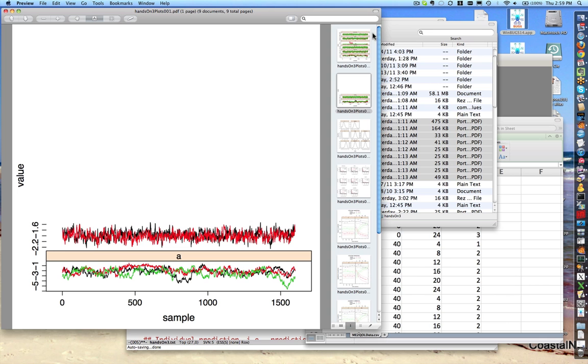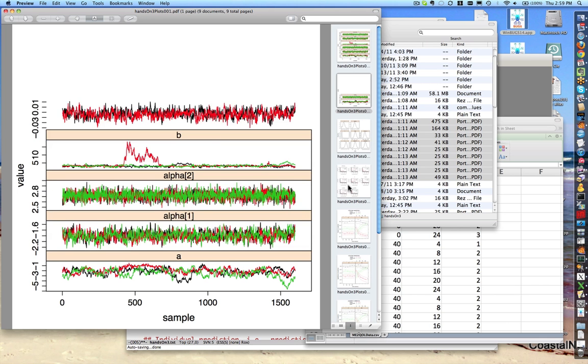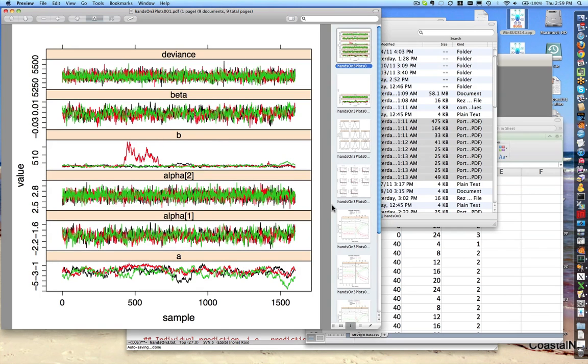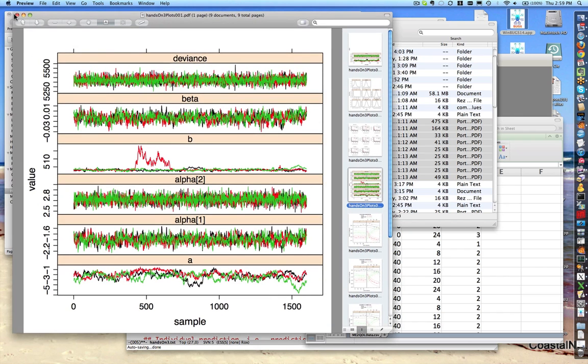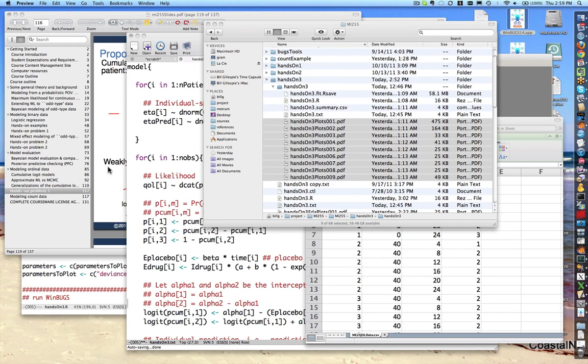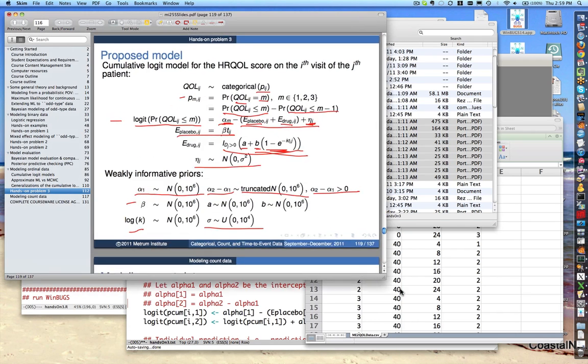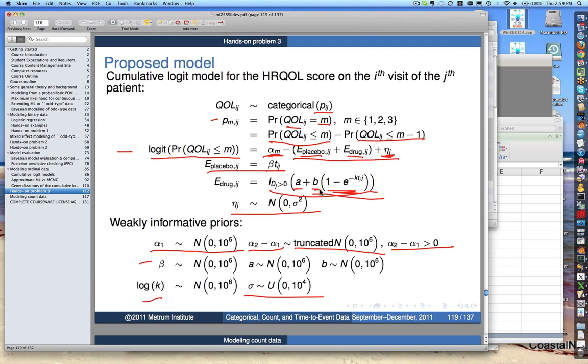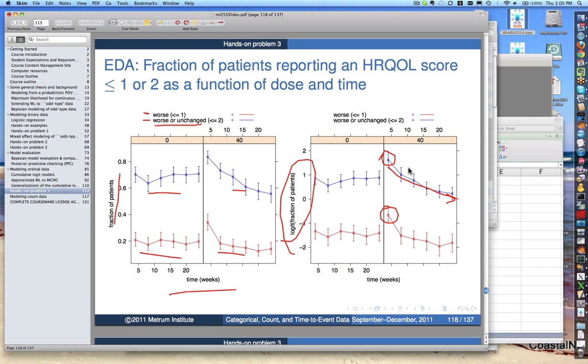Okay, so if I'm going to do brute force, I'm going to have to go a lot more than 50,000, and that means waiting potentially hours for this run. So maybe I need to finesse it a bit more than that. One of the things to consider, if I look at this model, is that I've got one component of the model that involves an asymptotic increase over time. And if we look at the data, let me scroll back up to here,